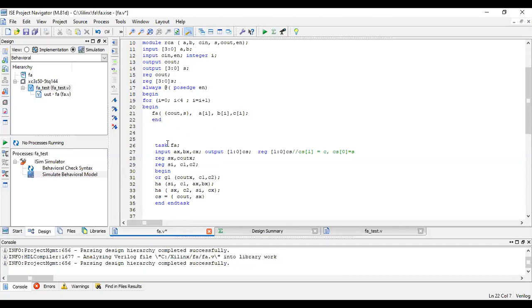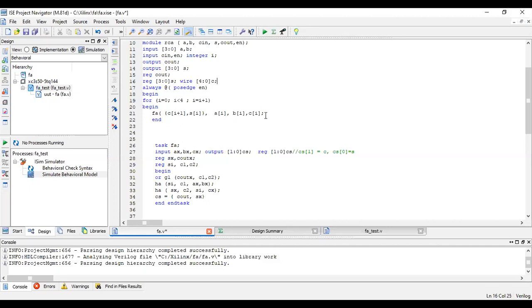I'm calling the full adder task. I'm getting the output Cout, and this will be S of i and this will be C of i plus 1. So these are all the intermediate signals which I'll be getting. So I have to write wire 4 down to 0, because these are intermediate signals.